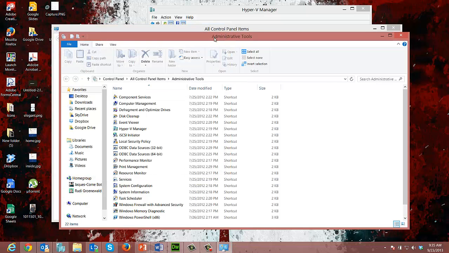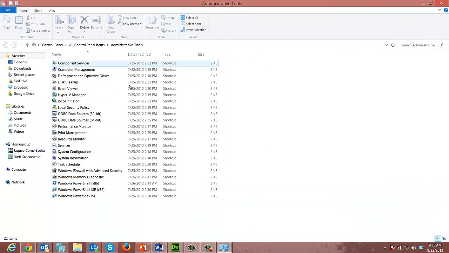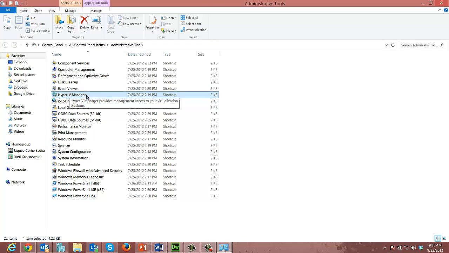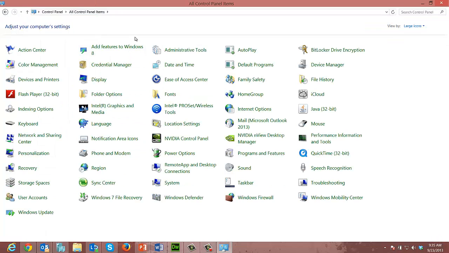Oh, I opened the wrong thing right there. So the first thing that you're going to do is go back to your administrative tools. You will see a little application called Hyper-V Manager. If you do not have the Hyper-V Manager, you need to go and activate that. And the way to actually activate that is we're going to go to